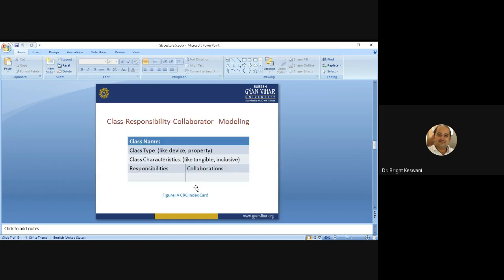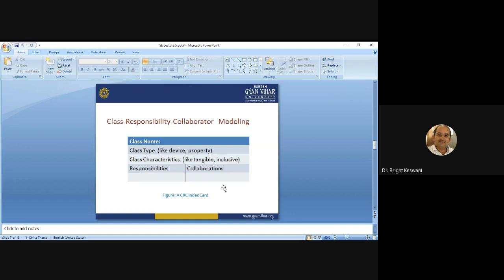Now come to the next point, class responsibility collaborator modeling, which we call CRC. Ambler presents this CRC modeling first, and after developing the use case scenario, the system classes, their responsibilities and collaborations are identified.